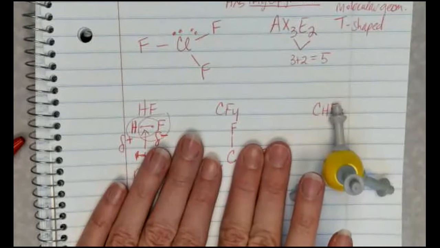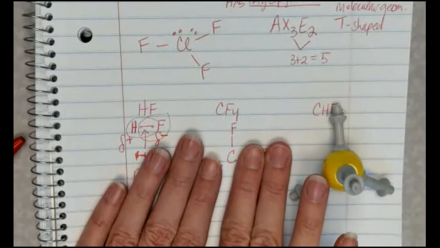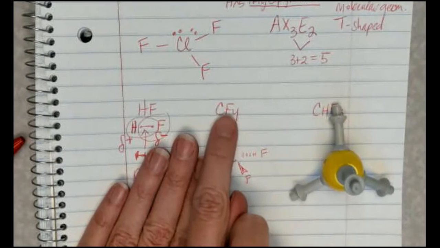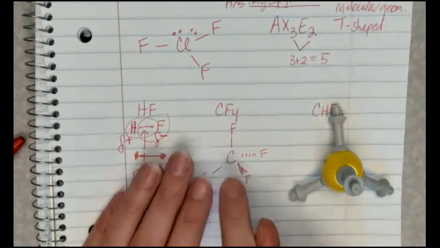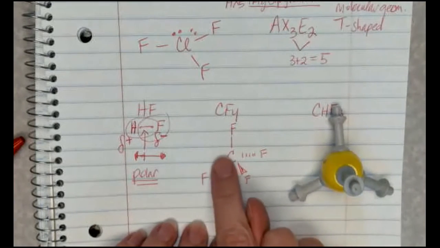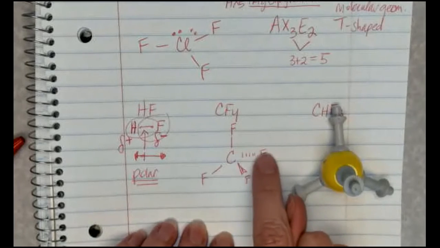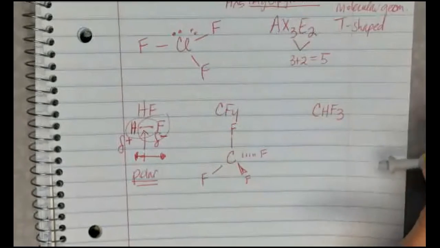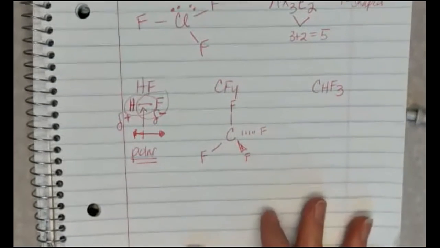Because again, fluorine is much more electronegative than carbon, just like it was with the hydrogen. So we would be pulling most of that electron density for that bond up towards the fluorine. But what's happening here is we're also pulling down and out, and down and out, and down and out. And so what you look at to decide whether or not the whole molecule would be polar or nonpolar is